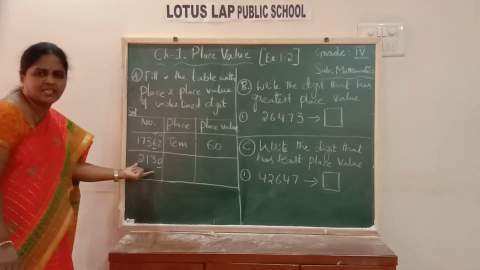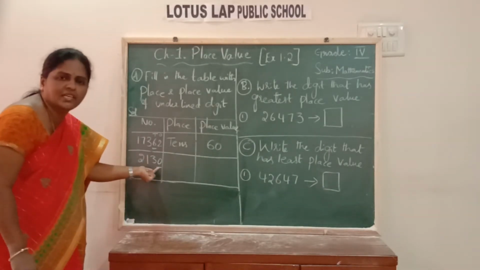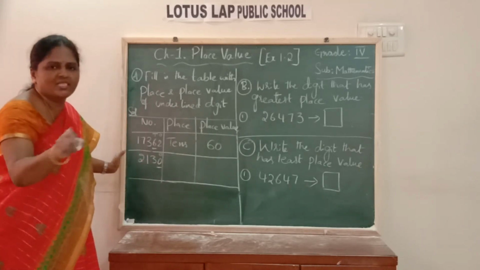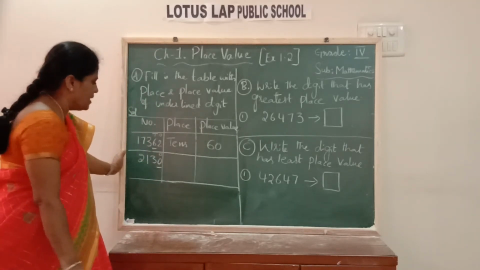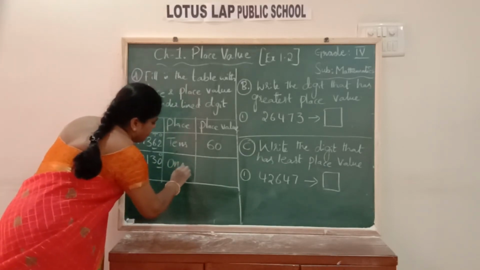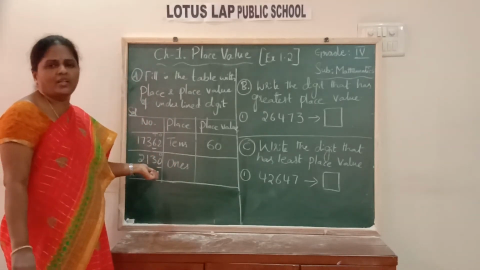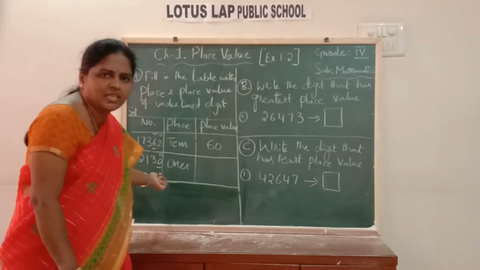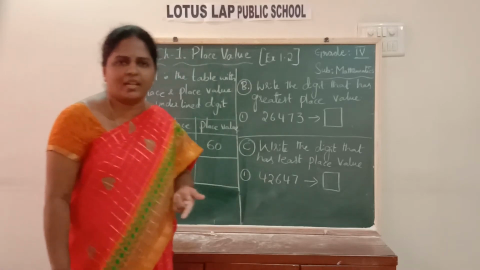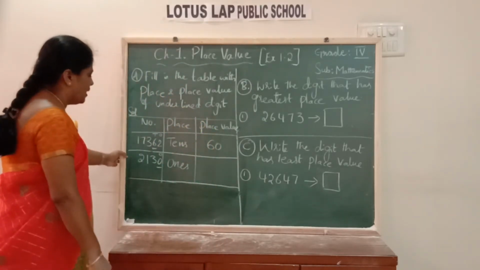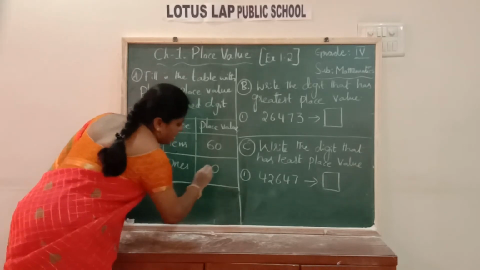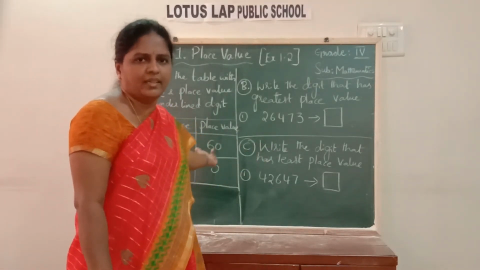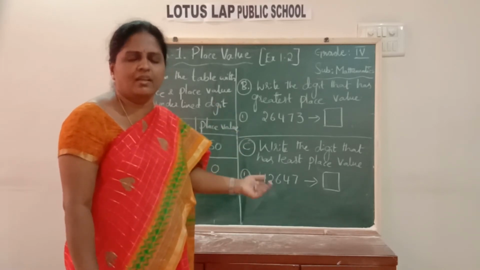Next, come to the second sum. Which is underlined digit here? 0. 0 is in which place, children? Here 0 is in ones place, starting place. So ones place is the place name here, ones. And what is the place value of 0? See, place value of ones place is 1 and the 0 is in that place. So 0 into 1 is 0 itself. So what is the value of 0 here? 0 itself. Likewise similarly 2, 3 sums are there, children. You can write it very easily. Place name and its place value.